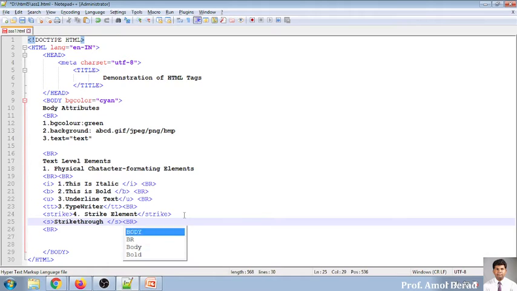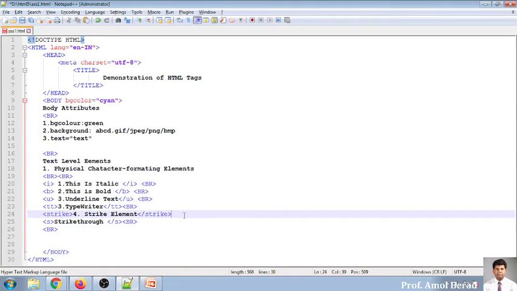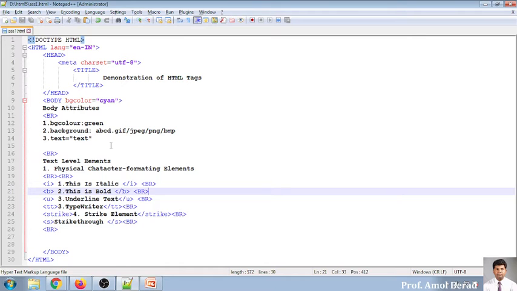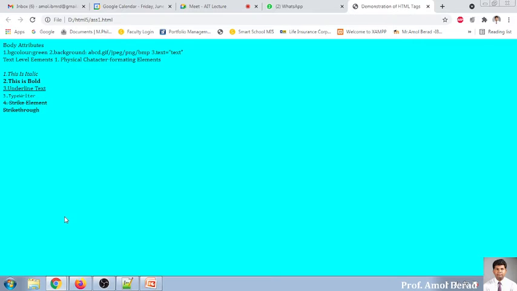So BR. Previously I need to use here also. So BR, and I'm running this one. So see, strike through is somewhat different. I'm setting it as fifth tag. So strike and strike through.